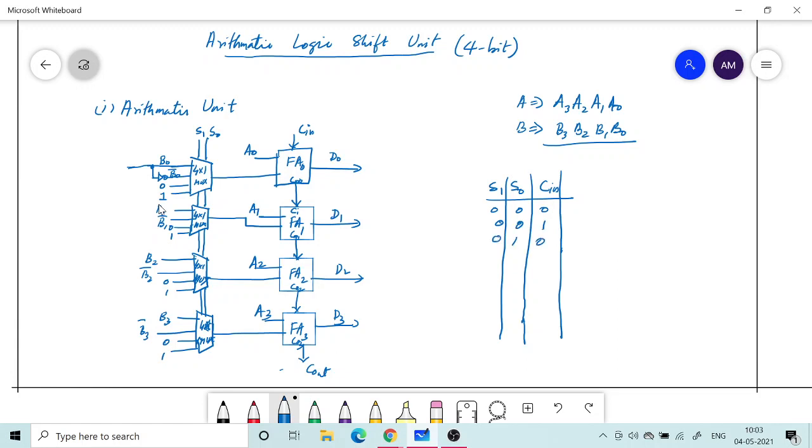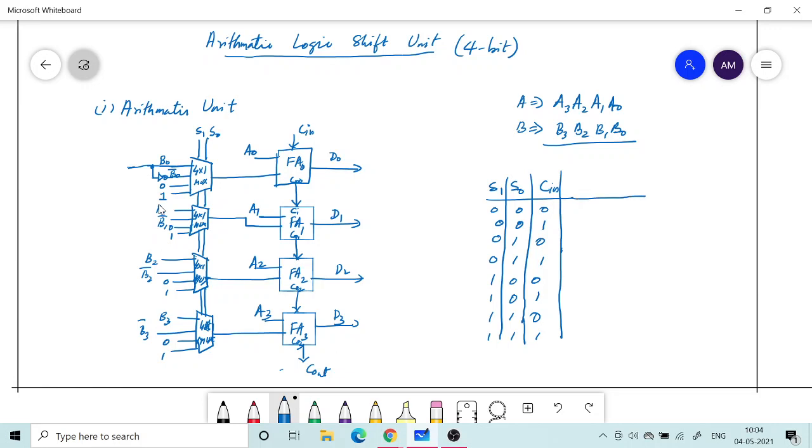So I am just listing out all the possible inputs. So this is again like an opcode, like the earlier design. Okay, so it's a 3-bit opcode, so there are 8 possible operations.